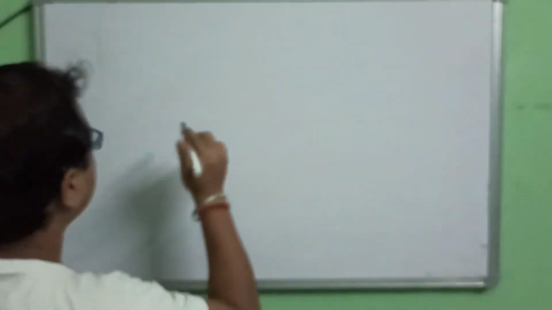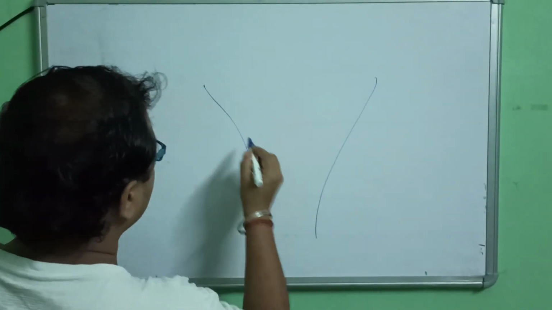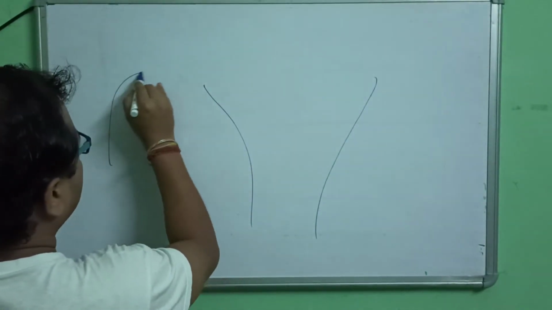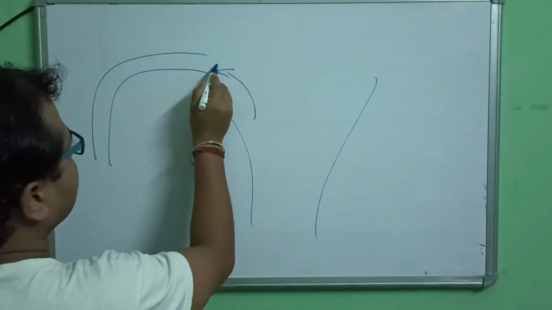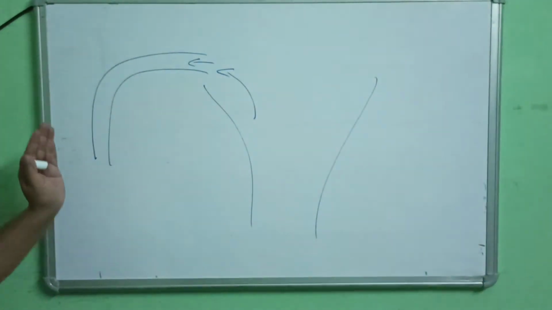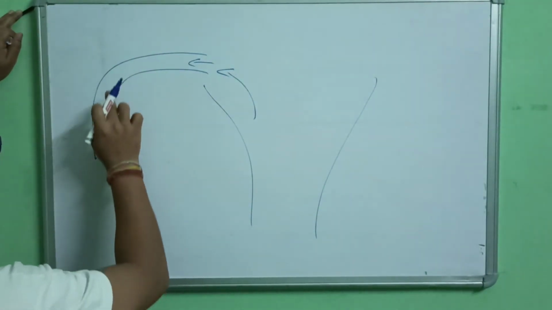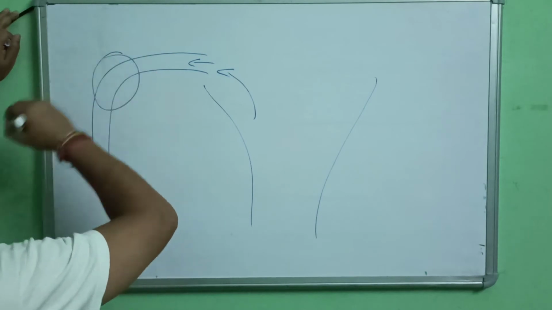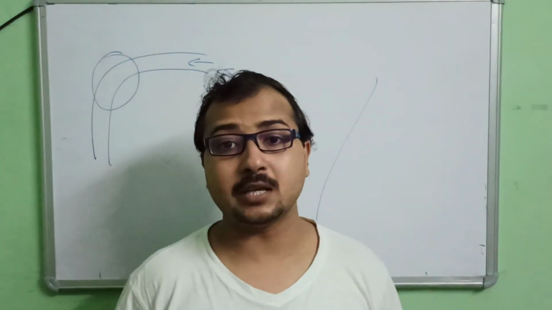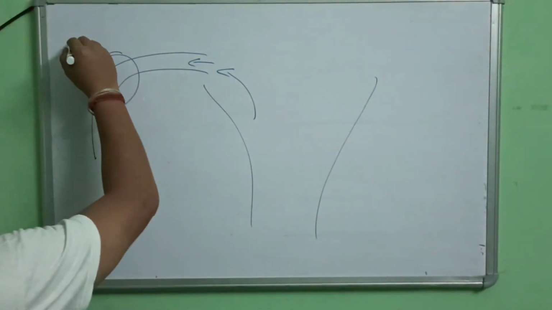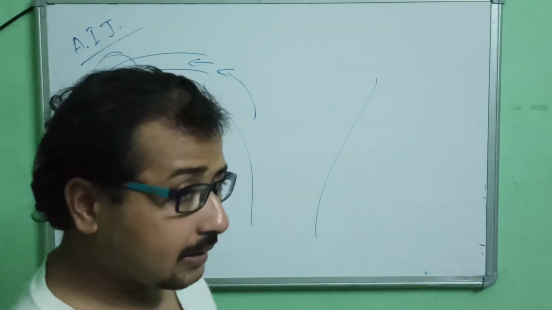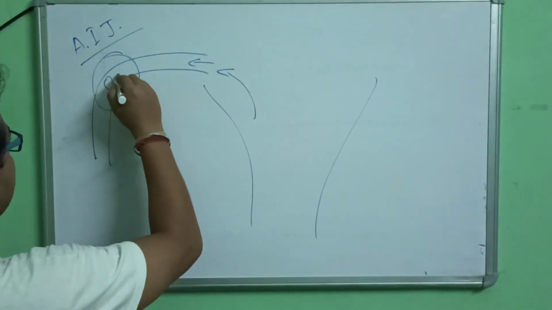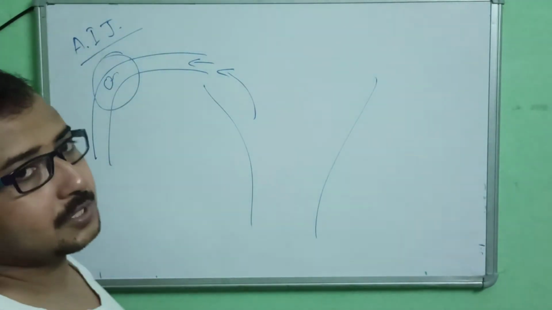So now see. I am just showing you. Here, in this direction, for example, the sperm moves. This is the fallopian tube. This is the ampulla. This is the isthmus part. This is the turning point. It is known as the ampullary isthmic junction, where the egg is supposed to get fused with the sperm.